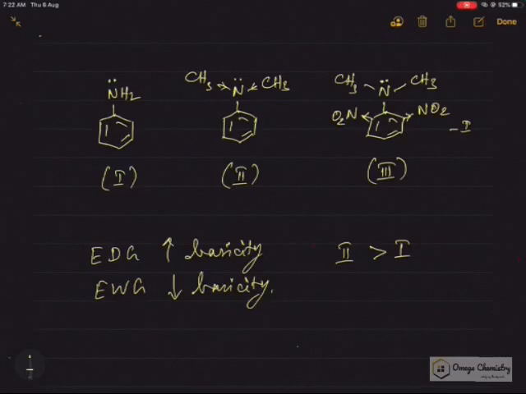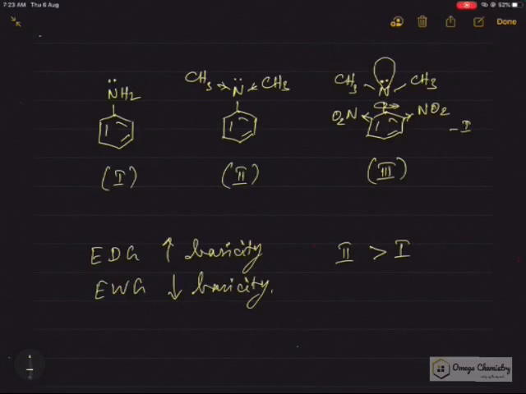But to the contrary, because of steric hindrance at the ortho positions, this carbon-nitrogen bond is made to tilt to a certain angle, at least about 90 degrees, right? So this nitrogen will go out of plane, which means the orbital containing the lone pair of electrons will go out of plane, which means the electrons present on nitrogen will not be readily available for delocalization. So the electrons will be localized on nitrogen, which makes compound 3 the most basic among these three.